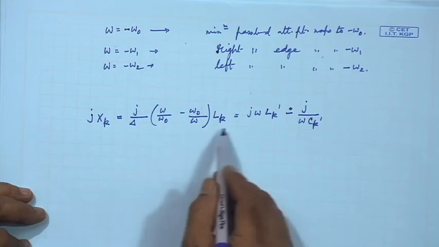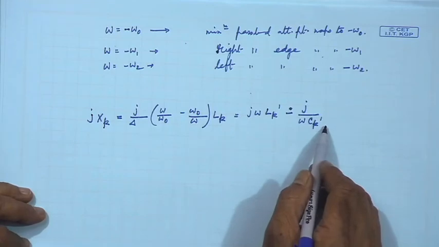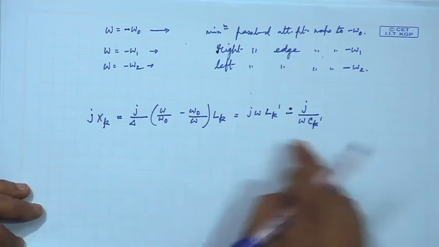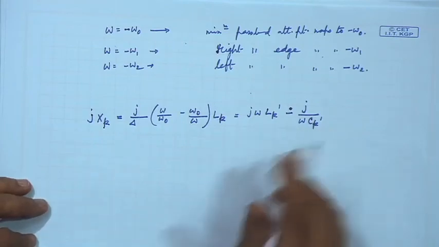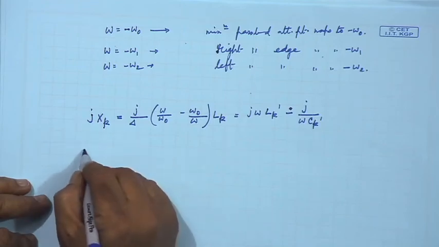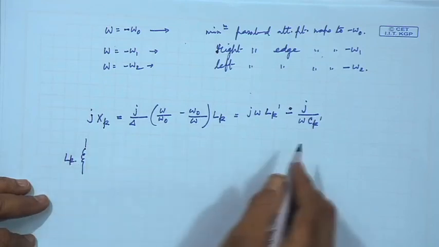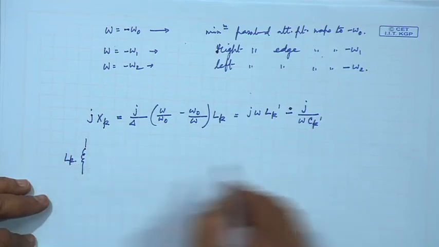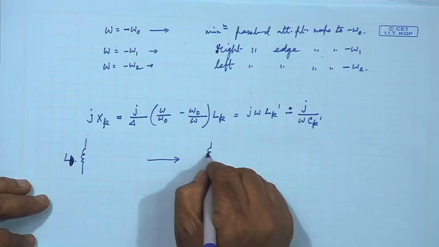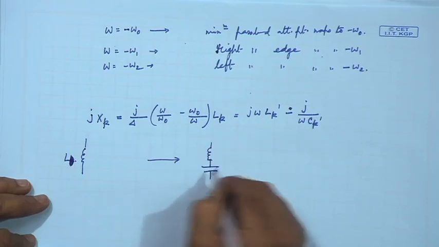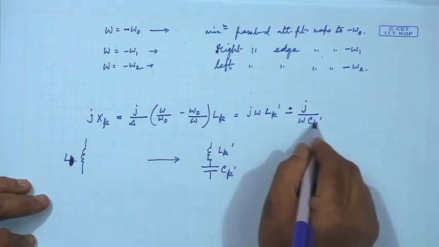So, basically you can see a series inductor becomes a series LC circuit with a new value of inductor and a new value of capacitor. Originally I have an Lk, and after transformation it becomes